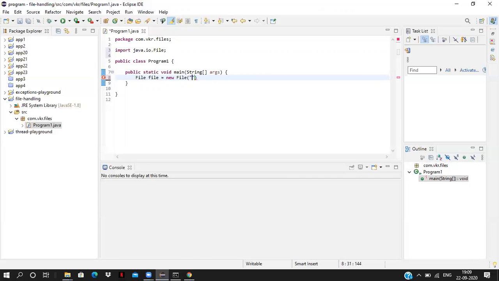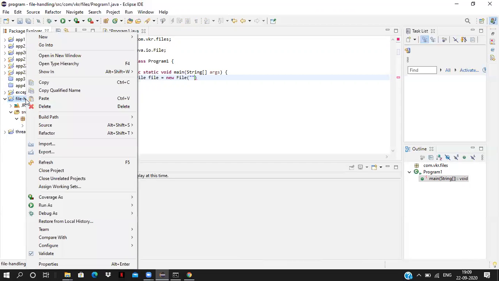Now, if you want to create a directory, first we have to go to the location where you want to create it. Now I want to create a folder inside the file handling project. So right click on the project,